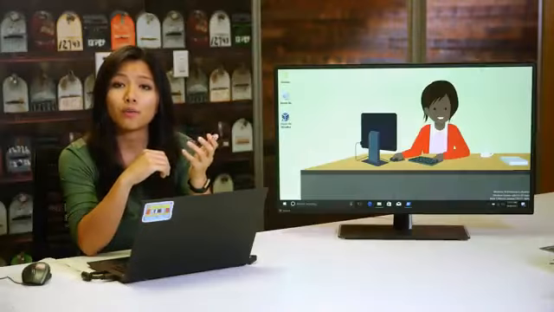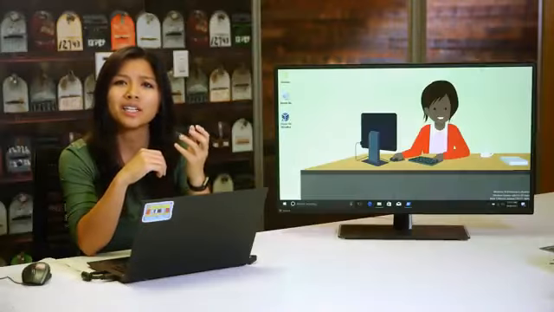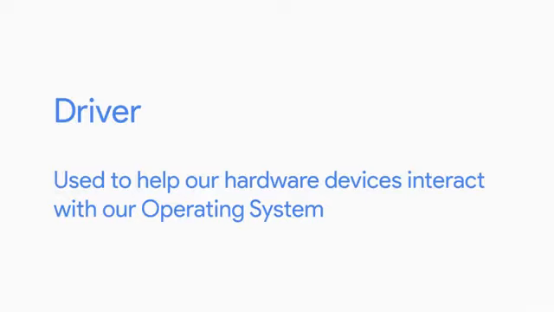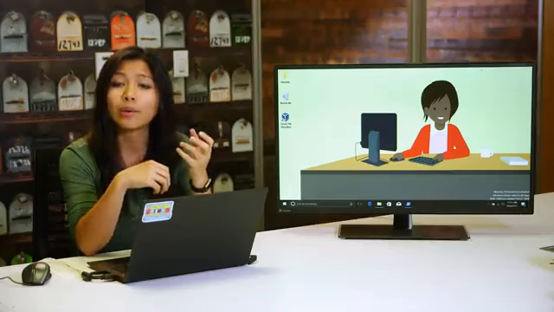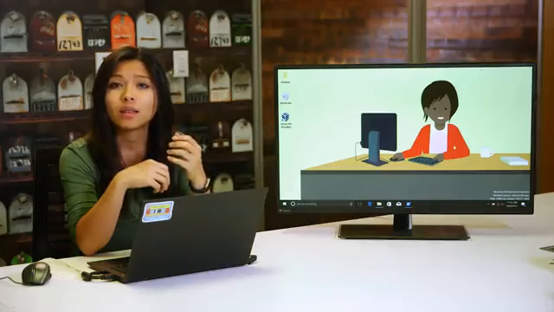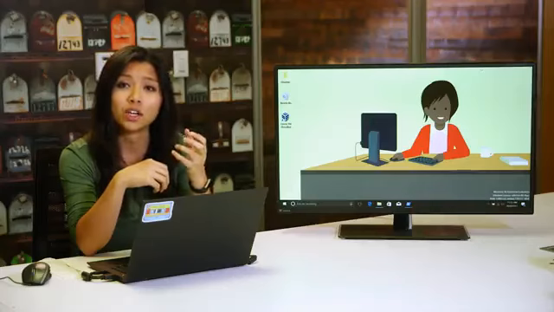An important piece of software that we've talked about but haven't really seen in action is a driver. Remember that a driver is used to help our hardware devices interact with our operating system. In this lesson, we're going to talk about device drivers and how to manage them. First, let's talk about how to manage the devices that our computer sees, and then we'll go over how we